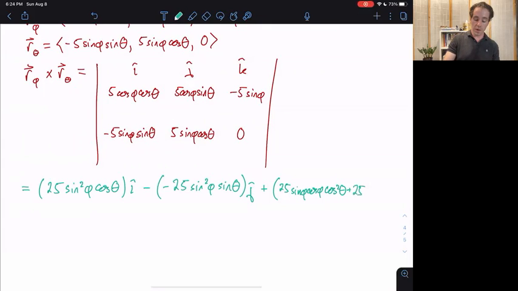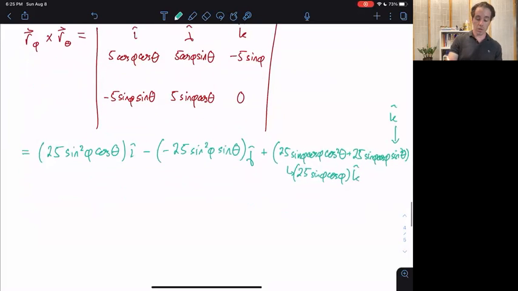So plus 25 sine phi cosine phi sine squared theta. And that right there is the k component. But we've seen this before. When you parameterize a sphere, the k component of that cross product is going to have this nice convenient cosine squared plus sine squared thing that factors out. I didn't want to skip right to it because I thought that would be unfair, but this is going to be 25 sine phi cosine phi. Okay, so this right here